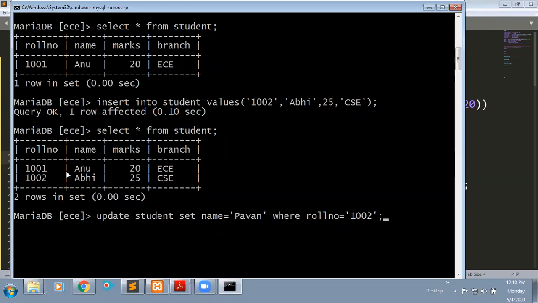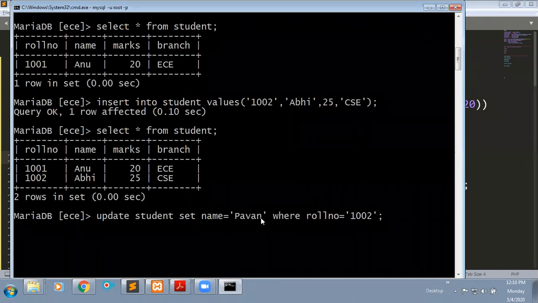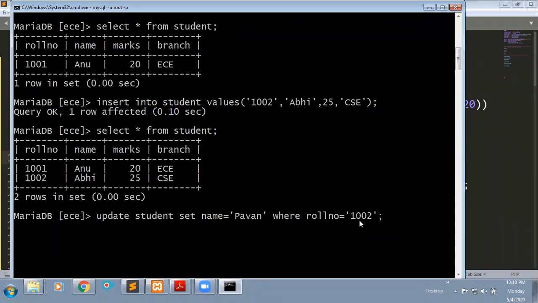These two rows are inserted in my table. I am going to update this name, instead of Abhi I am giving Pavan. To do that we have the update query: update student set name equals to Pavan where roll number equals to 1002. Enter it.